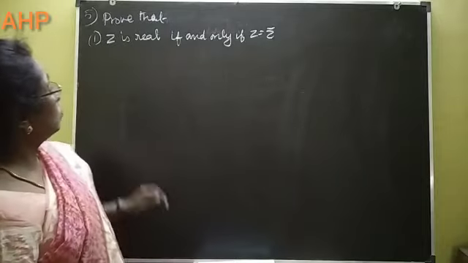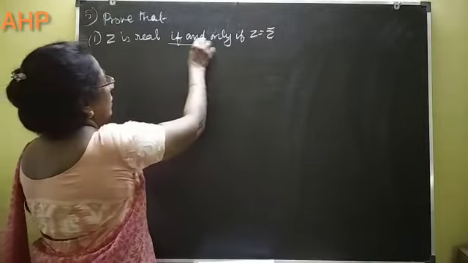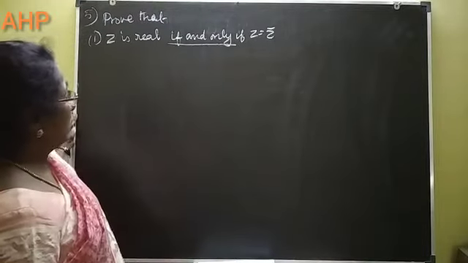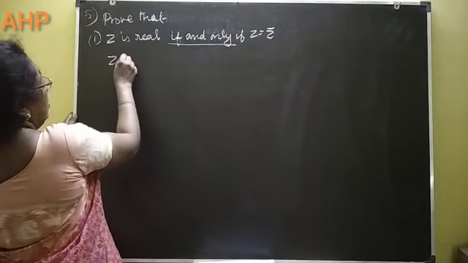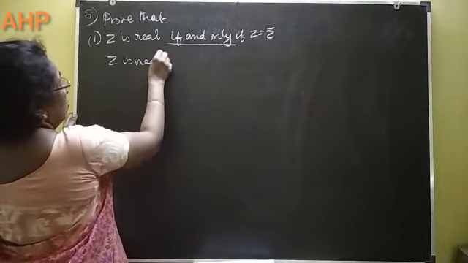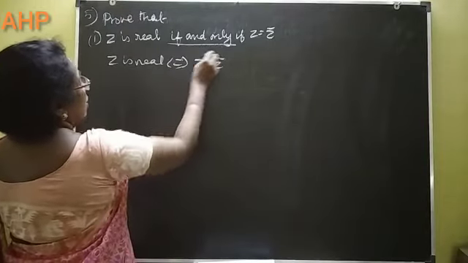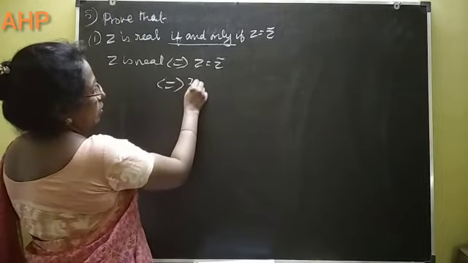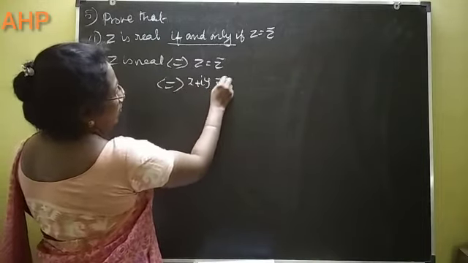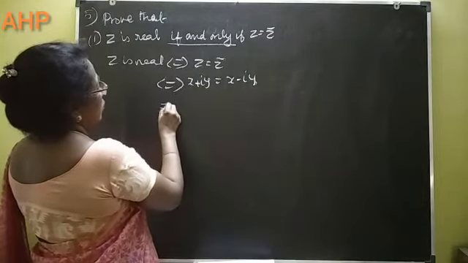Now we are supposed to prove the property: z is real if and only if z is equal to z bar. So z is real if and only if z is equal to z bar. If z is equal to, only if z is equal to what? x plus iy. z bar is equal to x minus iy. So this is equal to,